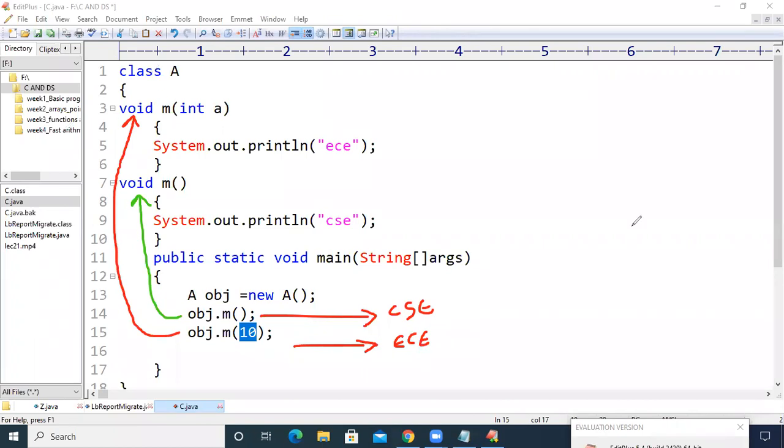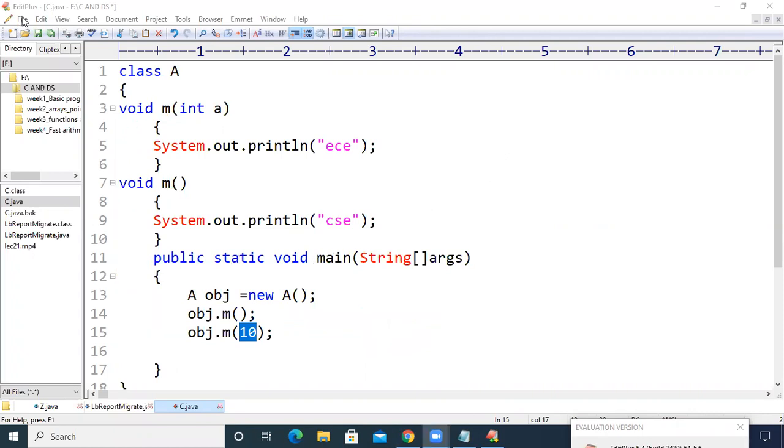See here, whether we satisfied all the conditions of method overloading or not. We are in the same program, in the same class, with the same method name, where the names of both the methods are m. And the fourth condition is that we need to maintain a different parameter profile, that is type of parameters, order of parameters, or number of parameters. In this program, we have maintained the difference in terms of number of parameters. The first method m has 1 parameter, and the second method m has 2 parameters.